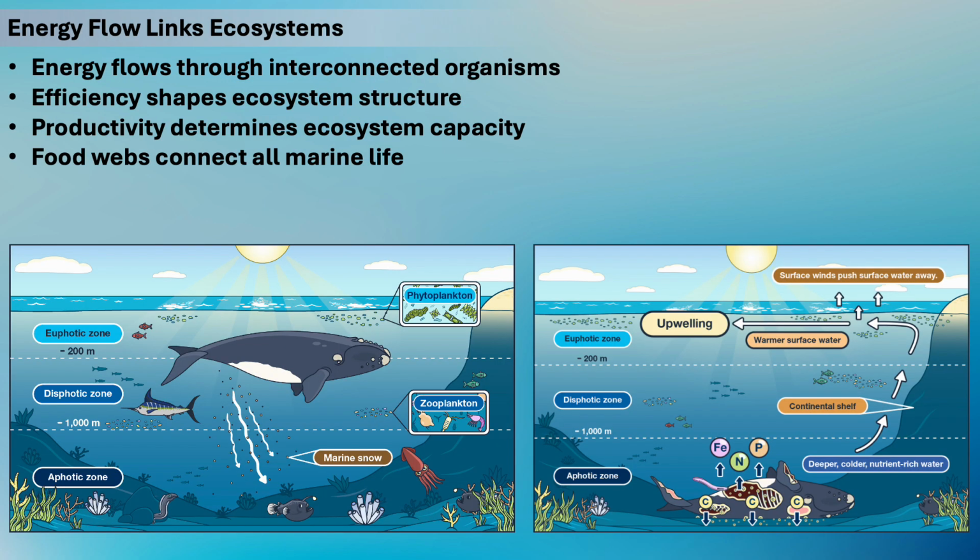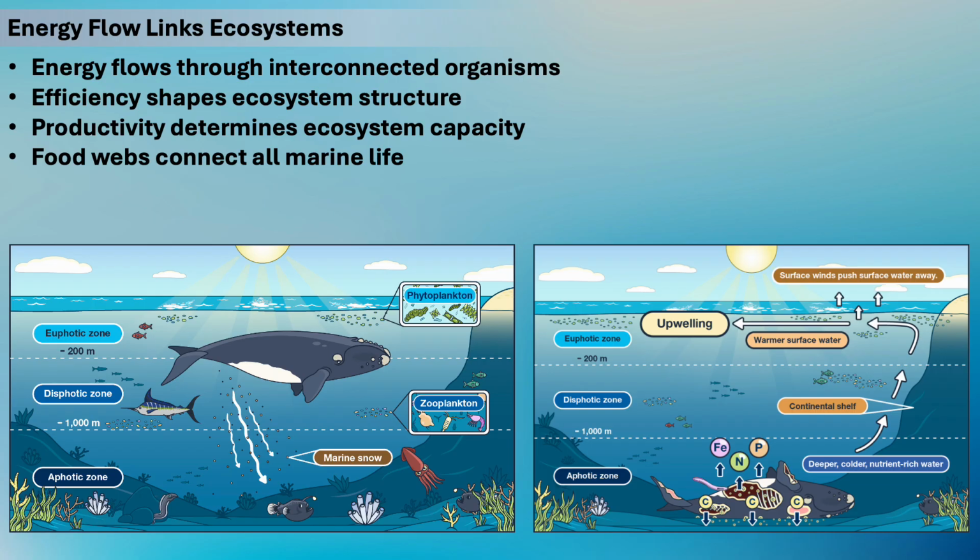The movement of energy through marine food webs does not occur in isolation within a single ecosystem. Instead, energy often moves between different parts of the ocean, linking surface waters, coastal regions, and the deep sea into a connected system. This broader perspective is important because it shows that marine ecosystems are not independent units, but components of a larger integrated ocean system.